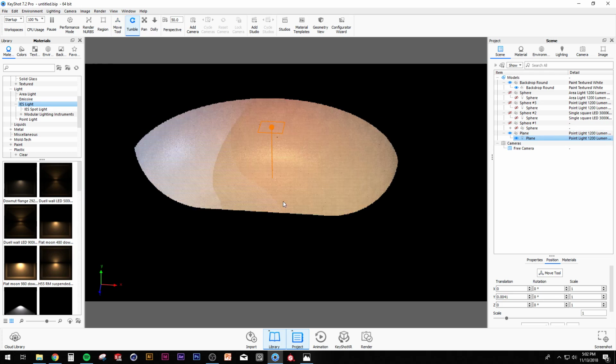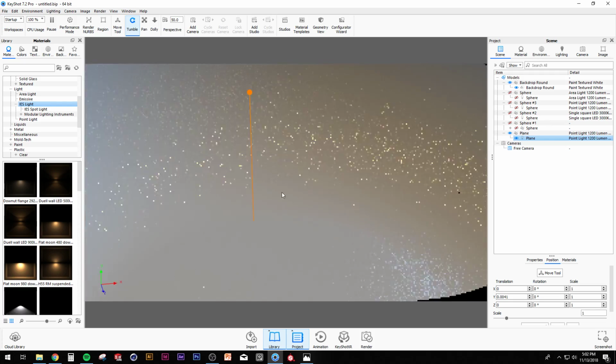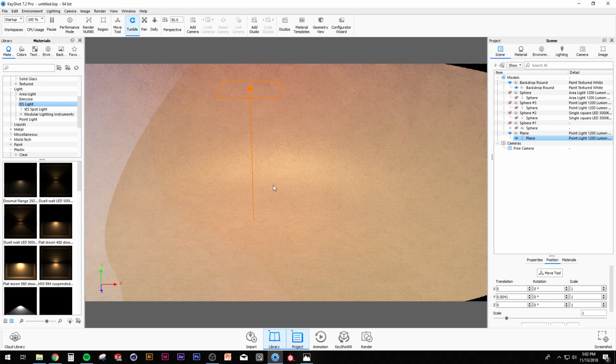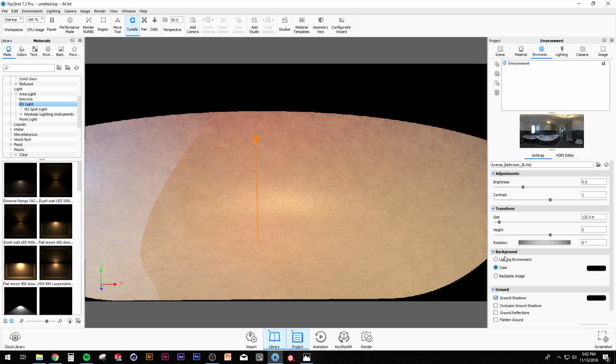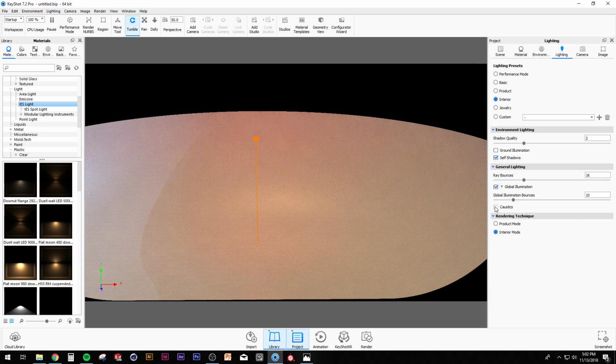All right. So that's all you need to really know for now about the different lighting setups. Feel free to take this knowledge and apply it to your lamps. Play around with the caustics under the lighting here. If you have a glass light bulb around your light, maybe play around with your ray bounces. The lower the ray bounce, the less light gets reflected through glass. But 16 seems to be a pretty good one. And then just remember that